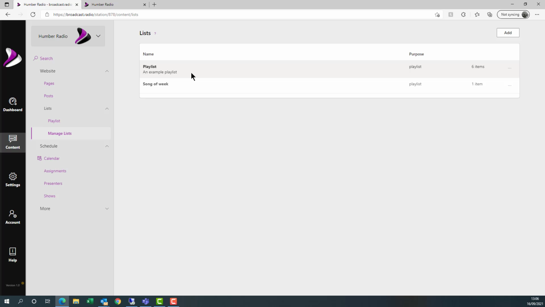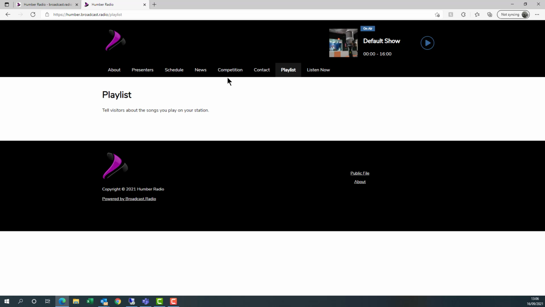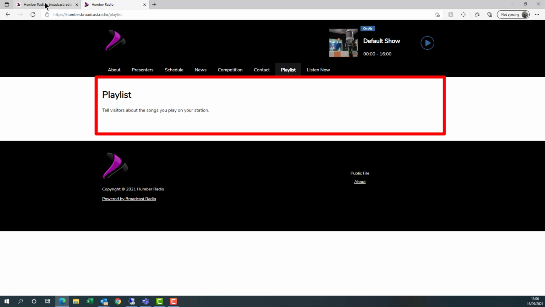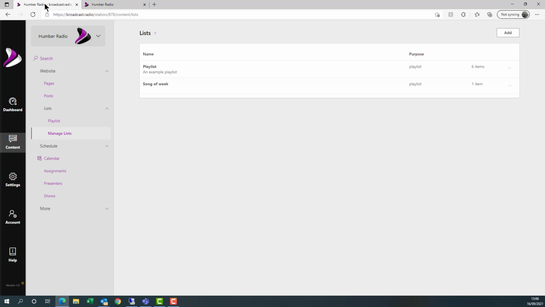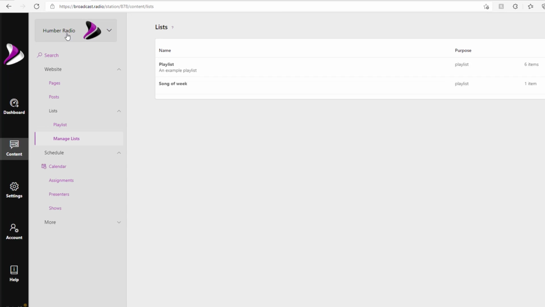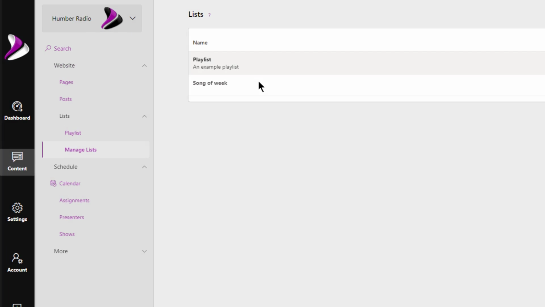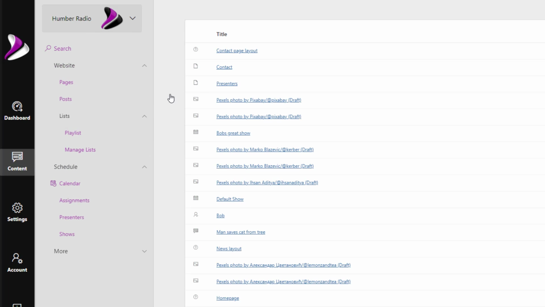We've got our example playlist, which was pre-created, and we created a new Song of the Week playlist. But on our playlist page on our actual website, we don't actually have those displayed at the moment. So let's have a look at how we're going to take these lists and display them as grids on our playlist page. Go back to your editing portal, go to content, and then we want pages, because we want to